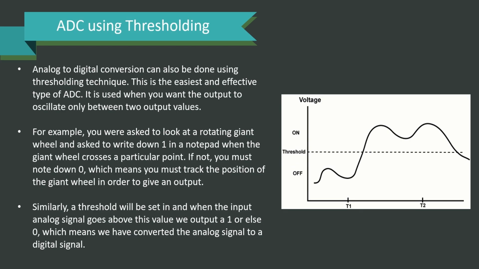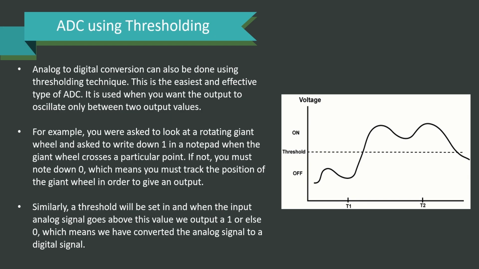ADC using thresholding. Analog to digital conversion can also be done through the thresholding technique. This is the easiest and most effective type of ADC. It is used when you want the output to oscillate only between two values. For instance, you are asked to look at a rotating giant wheel and you are asked to write down 1 in a notepad when the giant wheel crosses a particular point. If not, you must note down 0,